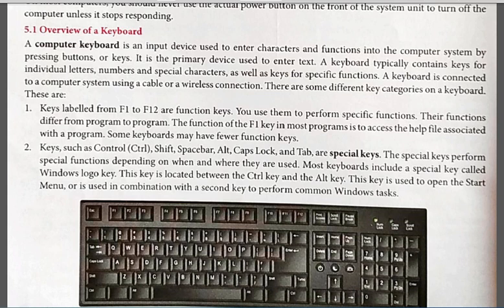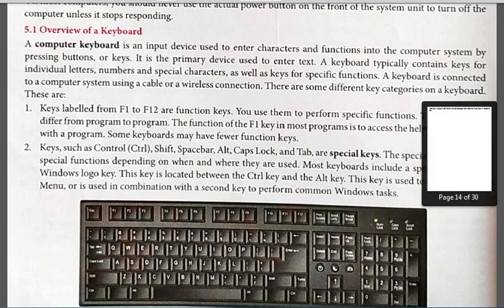And the arrow keys, Home, End, Page Up and Page Down. These are all navigation keys. Using the arrow keys, we can move the cursor up, down, right and left. The Home key is used to move the cursor to the left side, meaning the start of the line, and the End key moves the cursor to the right side. The Page Up key is used to move one page upward, and Page Down is used to move one page down while viewing a document.